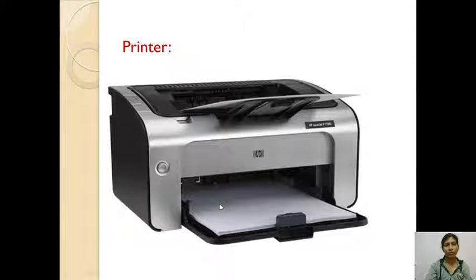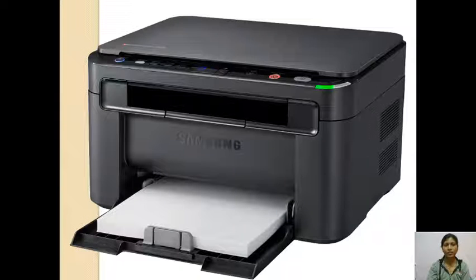Using the computer we give the command to the printer to print any data. Whatever data we have fed into the computer is in electronic format, called soft copy format. If you want that information on paper in printed format, we give the command to the printer, and the printer prints that information on paper. That is called hard copy format, meaning the soft copy data is converted into hard copy format. This is a picture of what a printer looks like.